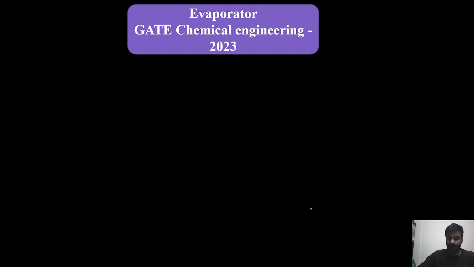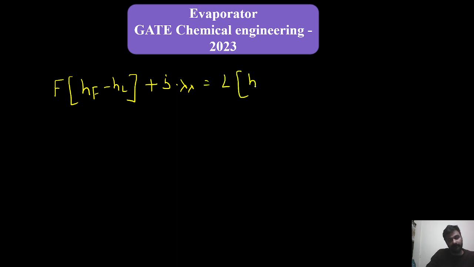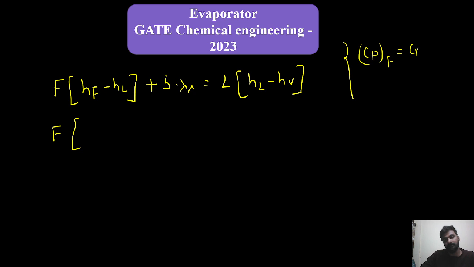So now can I further proceed here? That is F, can I write HF minus HL plus S, that is flow rate of steam, into lambda S, that is equal to L. So that is here HL minus HB. So can I write F? I can write, if I am assuming Cp of feed is equal to Cp of liquid, that is equal to Cp, if heat capacity is constant,